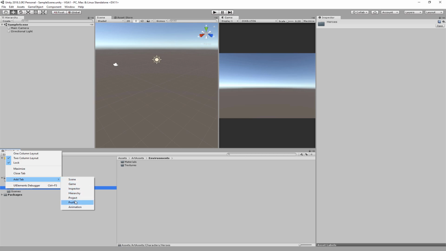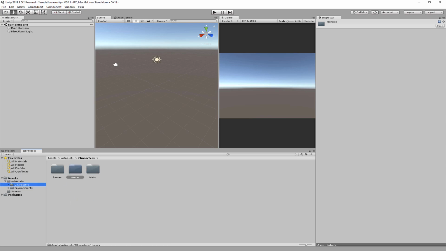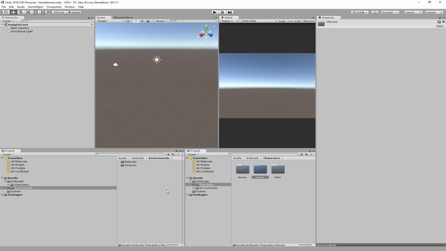So I just come down to where it said Project, and I click that, and now I've got two tabs. Well, the cool thing is I'm going to take this one and move it over here. And the reason I do that